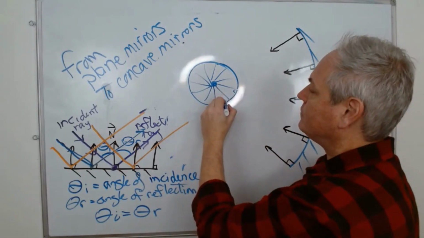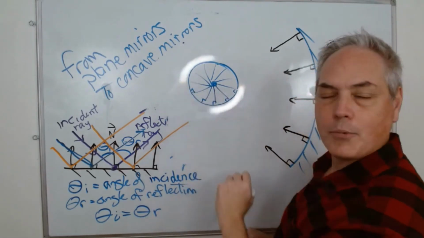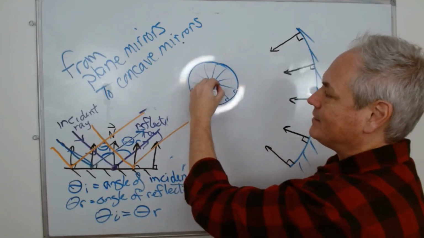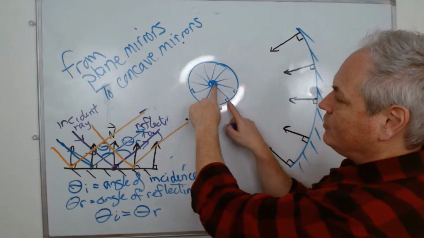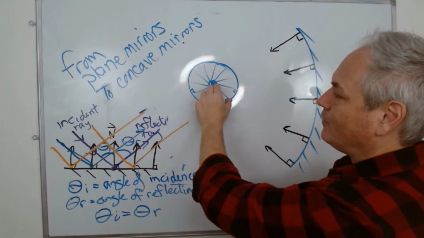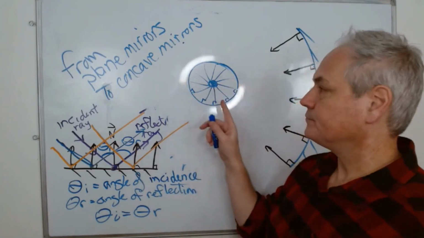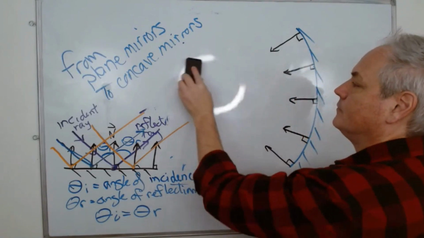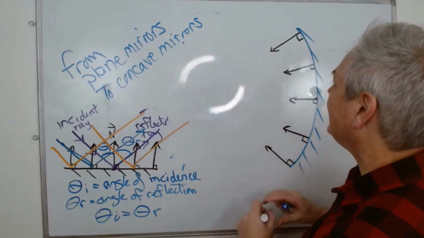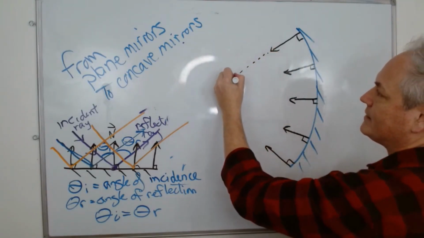And you know that each of these will all be perpendicular to the outside of the wheel. And you have a center right there. Each of these lines would be the same length, and therefore the radius of your wheel. Here with the mirror, we did the same thing. If you were to take these and extend them,